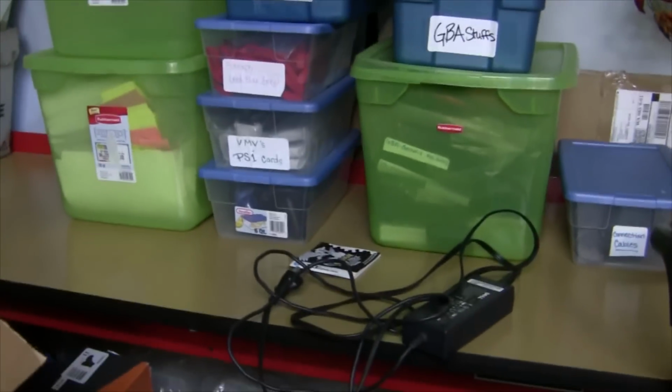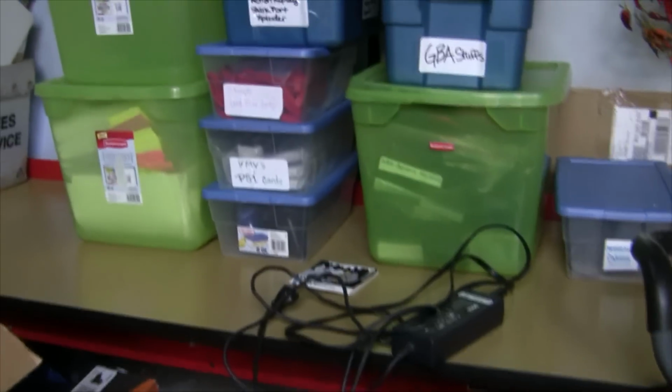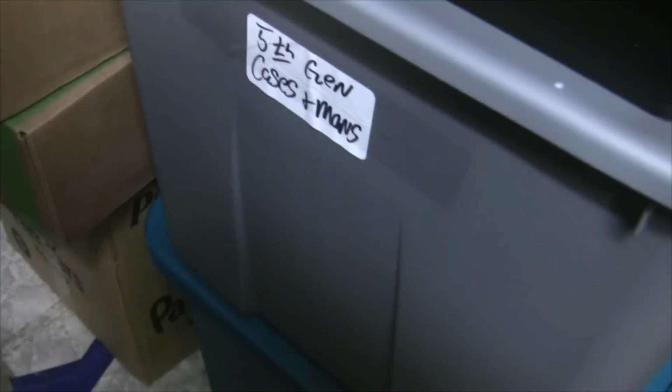Well, anyway, as you can see, there's a ton of stuff still I gotta go through to sort. There's a bunch of Dreamcast memory cards in there, more straps. There's a Wii. There's a bunch of manuals for different Pokemon games. I still don't know what a lot of stuff is. Somewhere around here, oh, fifth gen cases and manuals. This entire thing is literally stacked with cases for all the 5th gen Pokemon games. And then let's see, Sega Genesis, miscellaneous